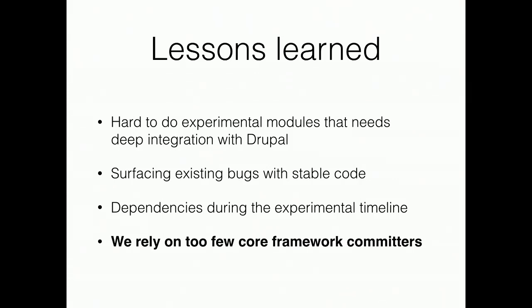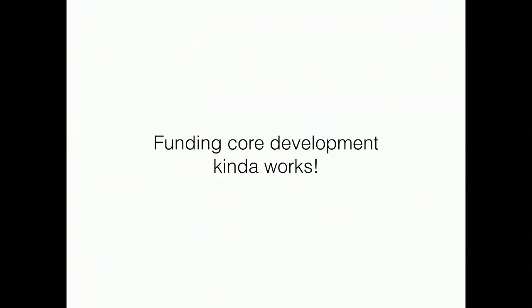We have a very productive team, and we've sometimes had issues sit in the queue for a long time. It's no one's fault. It's just how the process is set up. But I think Jess and the team is already ahead of us there and working on getting more core framework committers. And perhaps the most important lesson that we learned is that funding core development kind of works. With Drupal 8 and this new release cycle, funding work on core actually makes sense because we can work on something and we can actually have it in core or released within 6 months, right? That's kind of amazing. We never had the opportunity before.